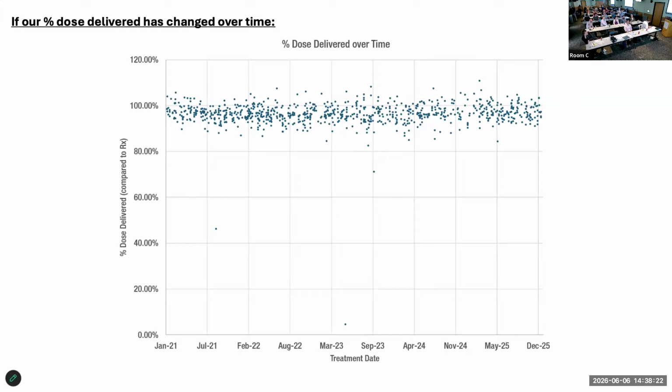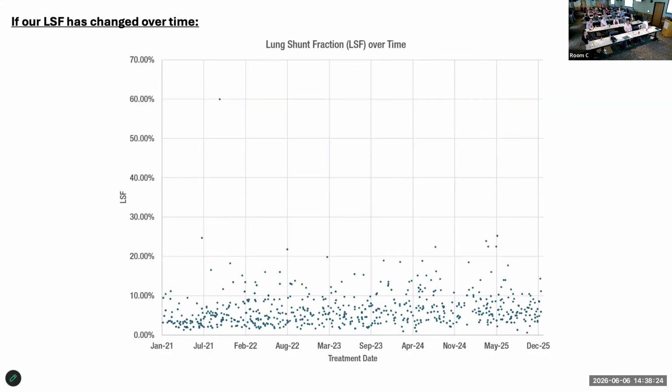It just lets us know how on track we are. We also have lung shunt fraction over time. Here's that 60% lung shunt fraction I was talking about. Patients still got treated. But this also lets us know, hey, lung shunt fractions are getting kind of weird. Can you look into that? Having that data means you're going to have years and years of information backing you up if a problem does